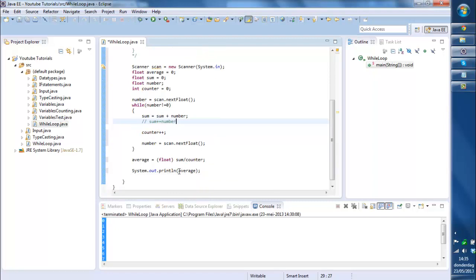So now we're printing the average. There's only one problem, probably. If you press 0 the first time, the sum will be 0 and the counter will be 0. This will mean you can't divide by 0. It will give an error. So you actually have to add an if statement. So if counter is less than or equal to 0, which is impossible,